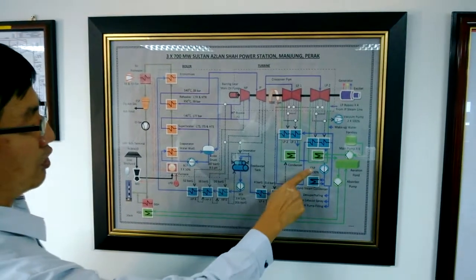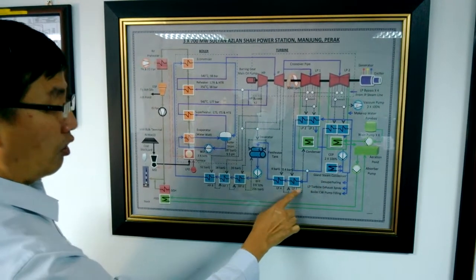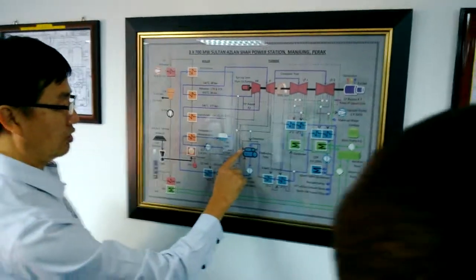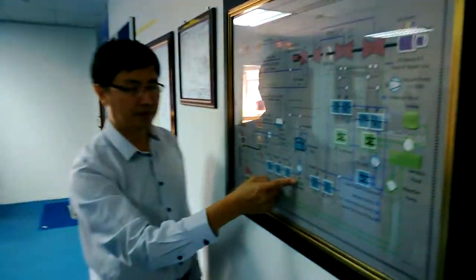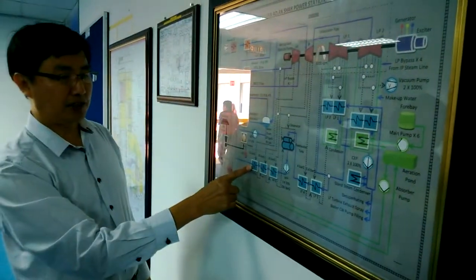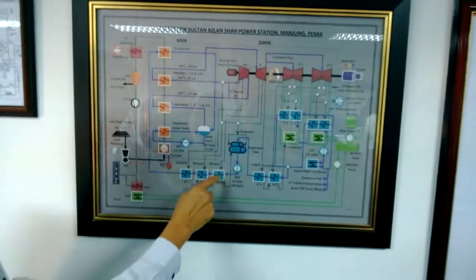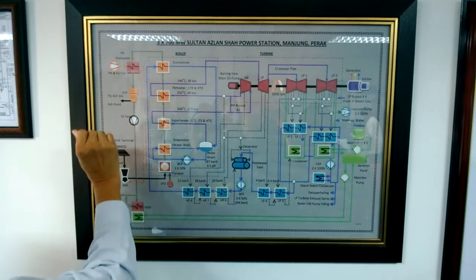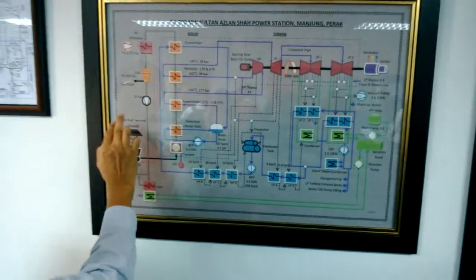Then it shows our condensate extraction pump. We pump it up through the low pressure heater to our deaerator, get rid of the air so it doesn't corrode our tubes inside the boiler. Come down to our boiler feed pump, and then it goes to the high pressure heater in series, raising the temperature, each of them. It goes to our economizer in the boiler, then it goes to the boiler drum, and then from the boiler drum